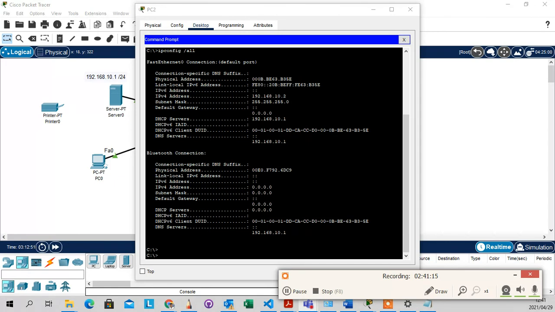IP. So there I see now it's assigned here. We're trying to ping now. Yeah, it's fine. No subnet mask, just the IP address. We're running